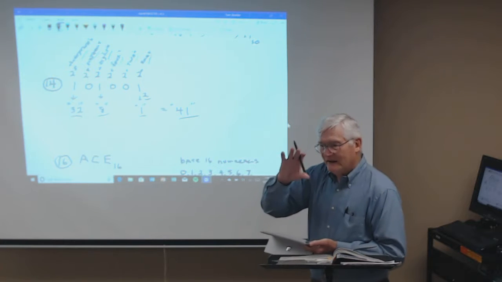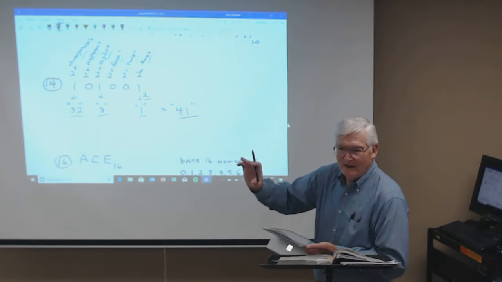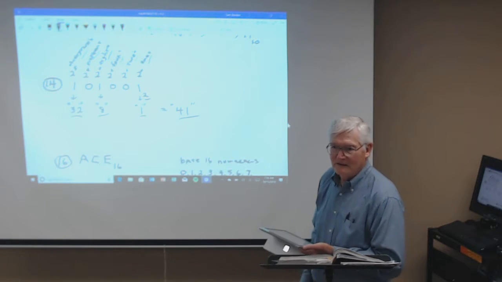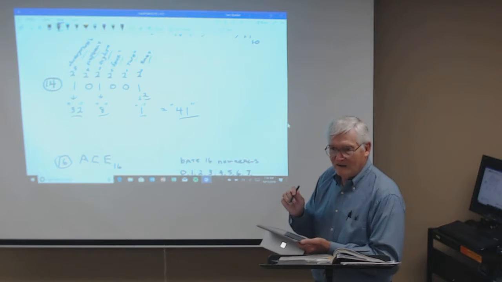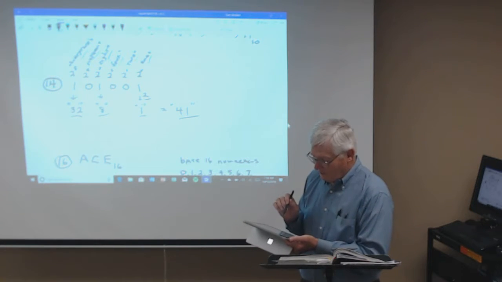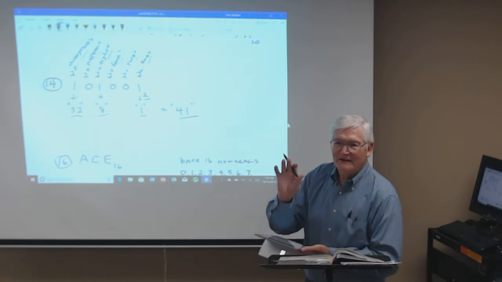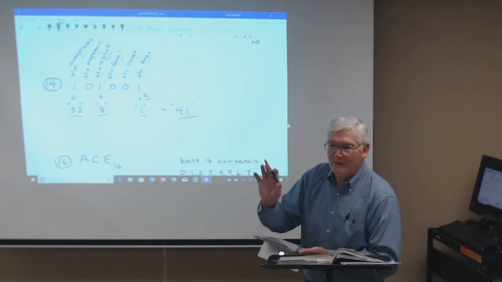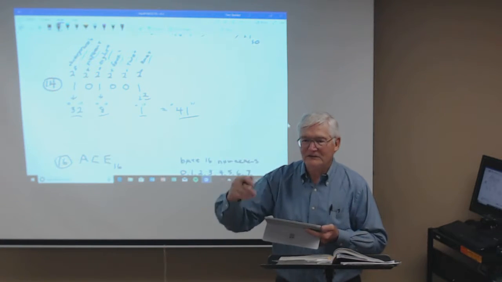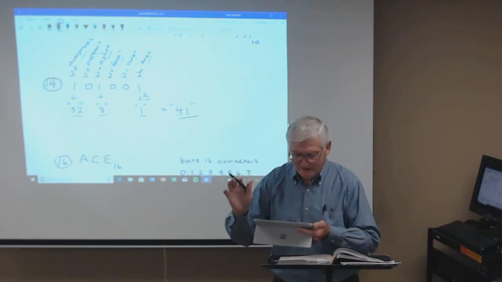You can take 6 big index cards. Those of you who want to mess with little kids' heads, you can take 6 big index cards and put on those cards all the binary numbers from 1 to 32. Then you can ask a little kid to pick a number between 1 and 32. Then you hold up the cards and you say, is your number on this card? And if he says yes,